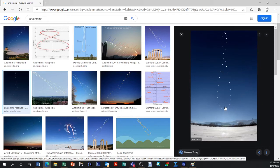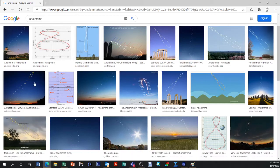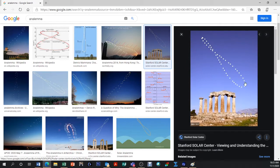So from here to here is almost 47 degrees, because from here to here is 23 and a half, and from here to here is 23 and a half. Okay, so that's at noon. Let's look at sunrise. So sunrise would be this one here. Now, this is Greece, so they're a little further south than us, but here's the bottom line. There is December 21st, but check it out. That would be the latest sunrise,